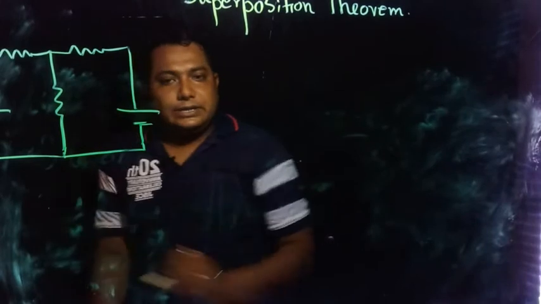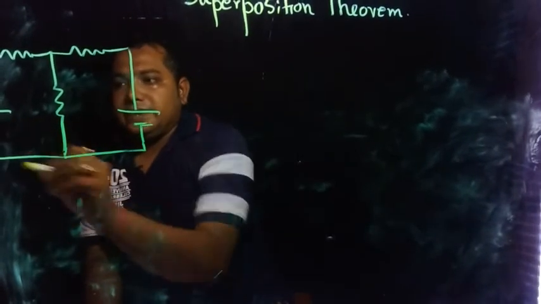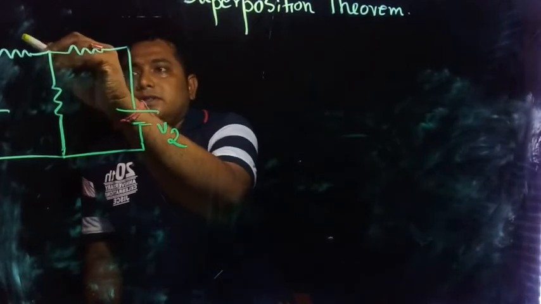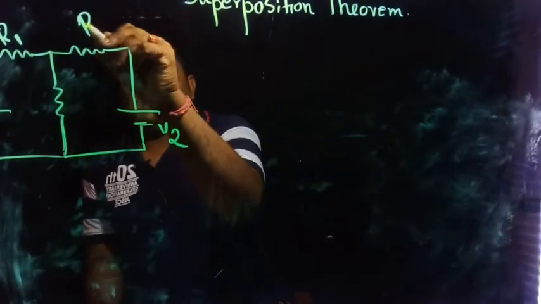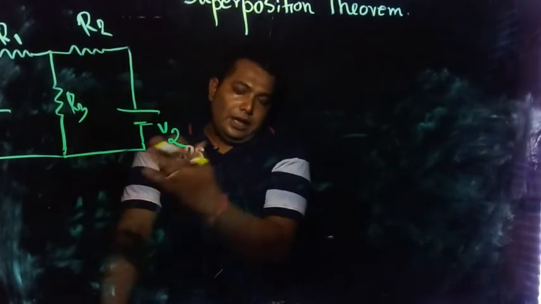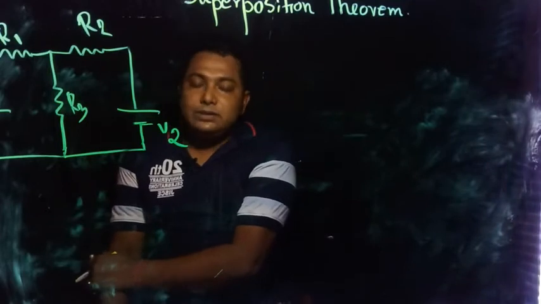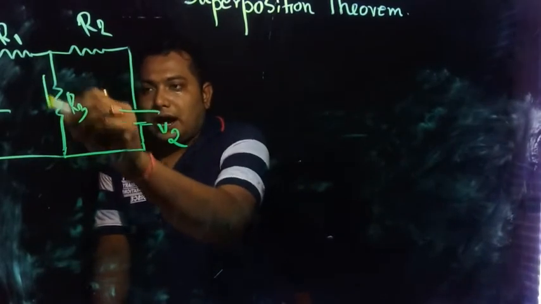Say this is our circuit. For simplicity we are considering this is V1, this is V2, this is R1, this is R2, and this is R3. And the question statement is like that: find out the current passing through this R3 resistor